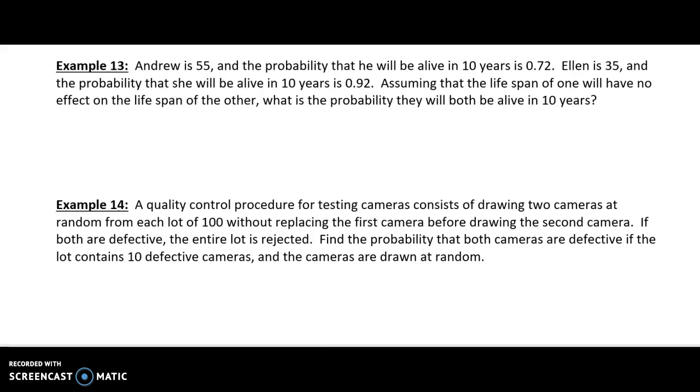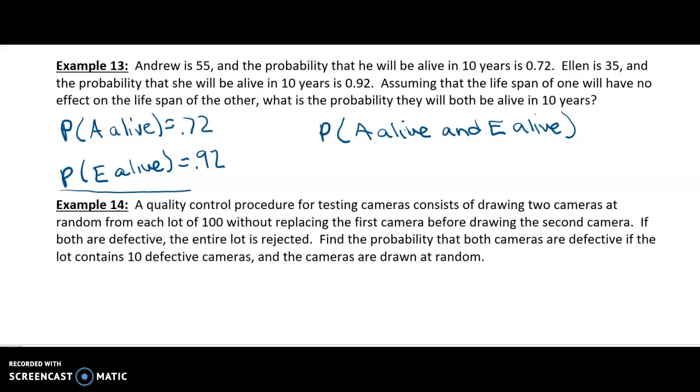Example 13. Andrew's 55 and the probability he'll be alive in 10 years is 0.72. Ellen is 35 and the probability that she'll be alive in 10 years is 0.92. You can see on the left, I've written these probabilities in symbolic form. And what we're trying to find is the probability that A, or Andrew's alive, and E, Ellen, is alive in 10 years. So that's going to be the probability that Andrew's alive, 0.72, and tells us to multiply, times the probability that Ellen is alive, 0.92. So you can go ahead, put that in your calculator to calculate your final answer. And we get